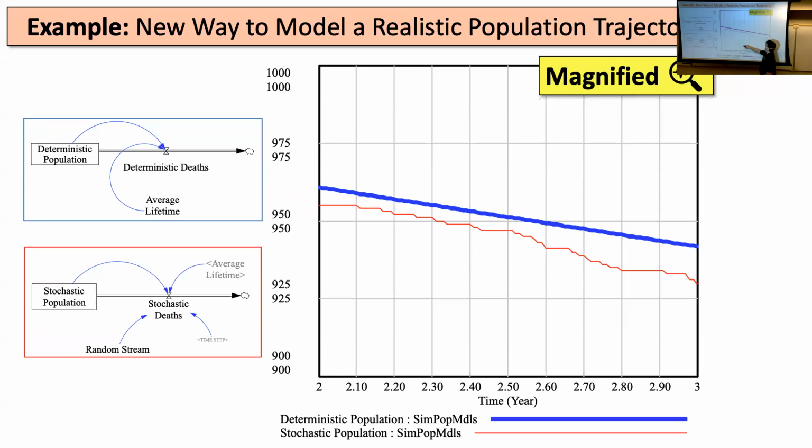And because our time steps are so small, it's very unlikely that more than one bacteria will die at a time. But the death rate, or the average lifetime, is going to affect how large these plateaus are. So how long you wait until you get one death. And so you end up getting this thing that, again, roughly follows close to the average, but it actually has the real variation that you might see in a single Petri dish.